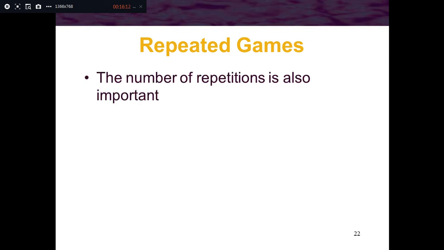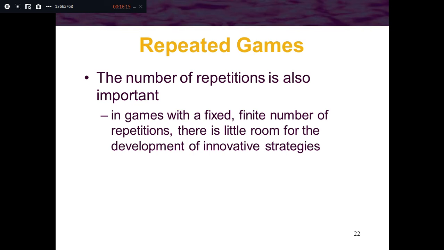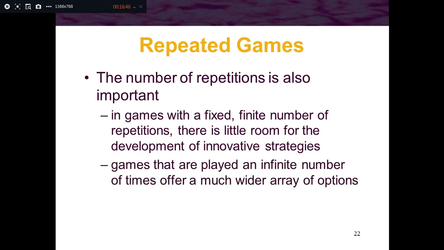So the number of repetition is also important የድግግሞሽ ቁጥር መራሱ ወሳኝ ነው ብዙ በተደጋገም ቁጥር ብዙ የመወሰን አቅማችን ያገኘን እንመጣለን ማለት ነው so in games with a fixed or finite number of repetition there is a little room for development of innovative strategies አያችሁ እዚህ ጋር ውስን ድግግሞሽ ፈቀድ ከሆነ ለምሳሌ ሁለት ብቻ መድገም አንድ ብቻ ወይ ሶስት ብቻ መድገም ከሆነ ስትራቴጂያችንን አዳዲስ ወይንም ፈጠራ ያተከለበት ስትራቴጂ ማምጣት አንችልም ለዛ ነው unlimited ወይንም unfixed repetition ብዙ ነገር ላይ ያደርጋል so games that are played in finite number of times offer much wider area of options ከዲማልኳቸው ነው ማለት ነው